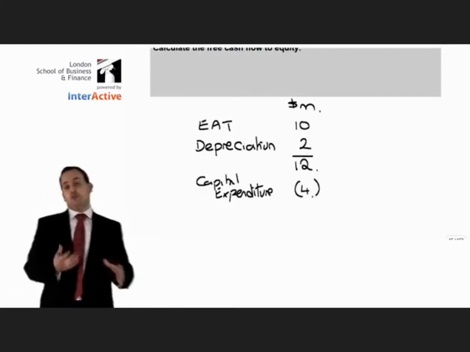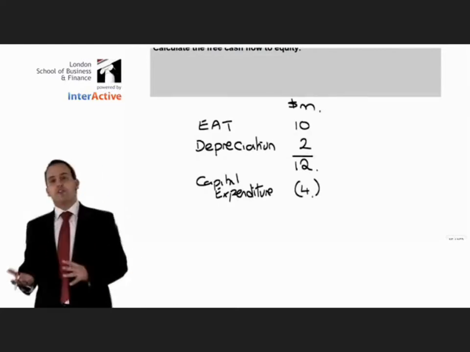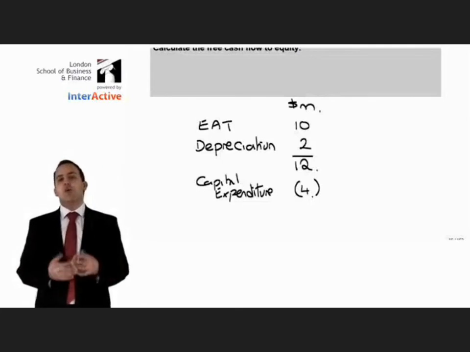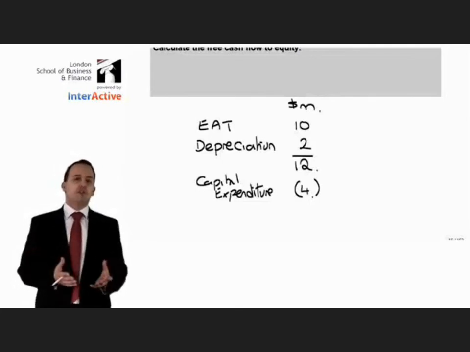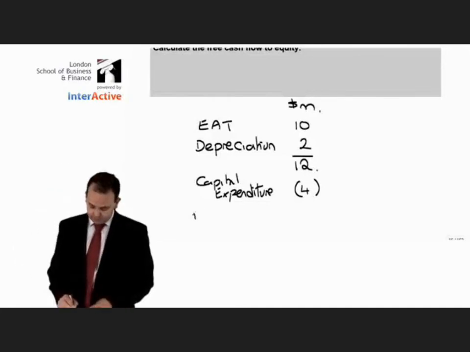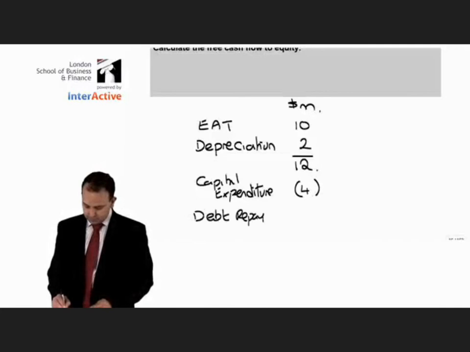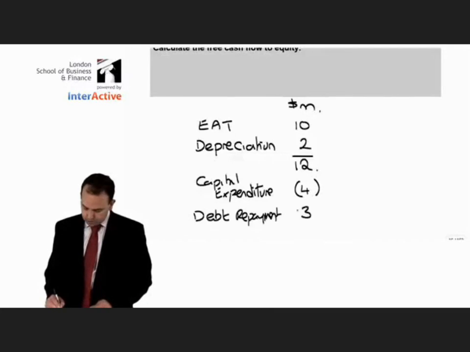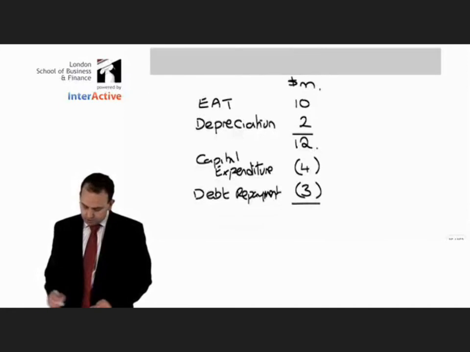Now, up to this point, this would give us, in effect, a similar figure as the free cash flow to equity, but includes that interest payment that we've got. We also need to consider that in the example it told us that we've also made a debt repayment. And this debt repayment totaled $3 million. This will therefore give us a free cash flow to equity